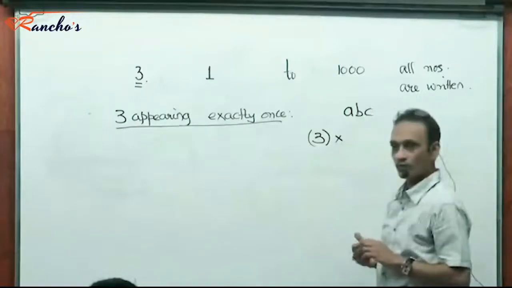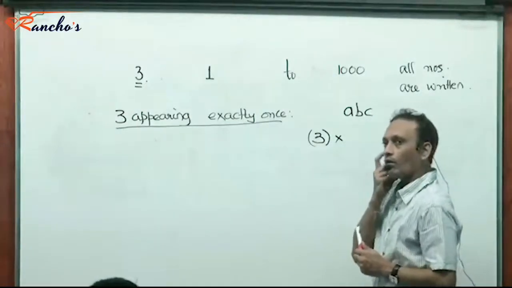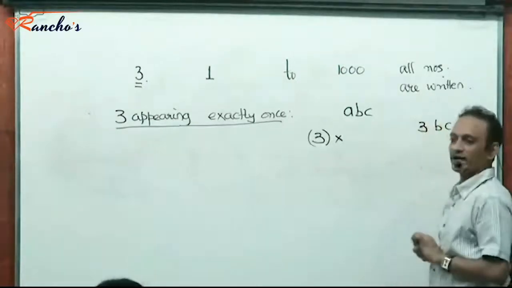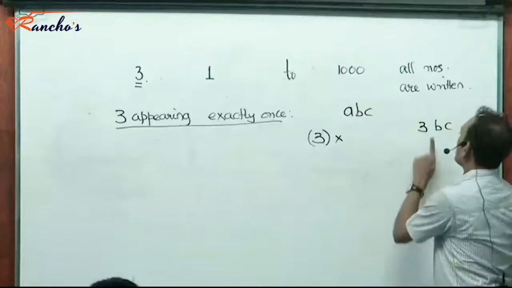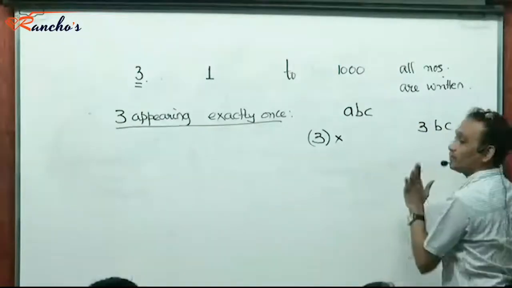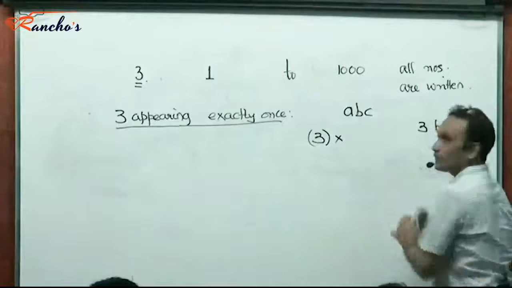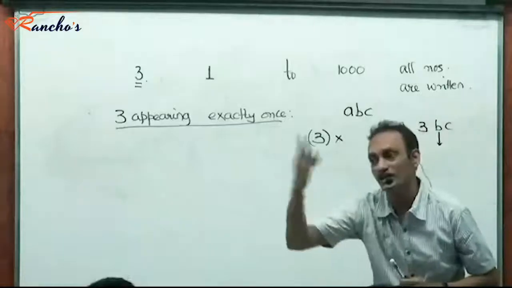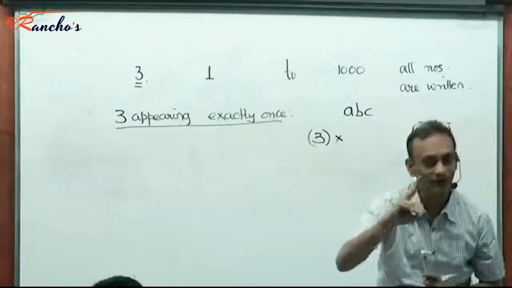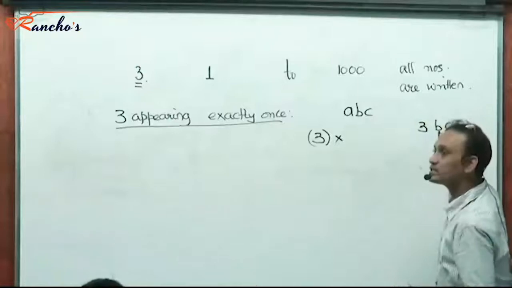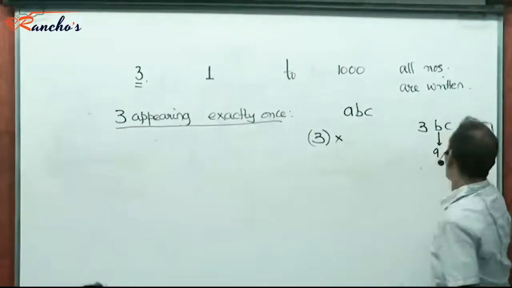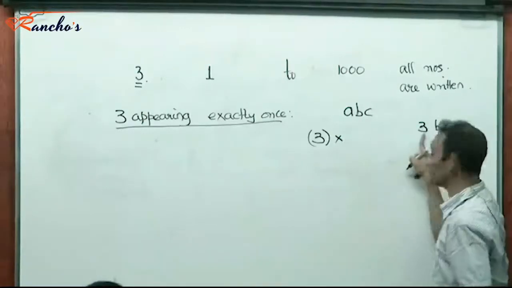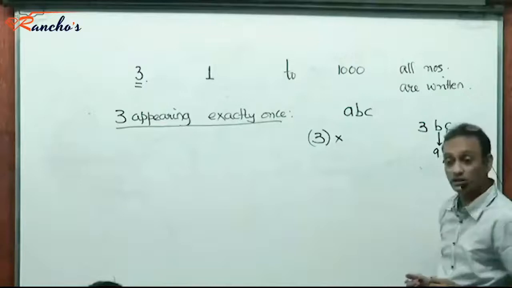Now, say for example 3 appeared at A, right? Now with 3 appearing at A, how many numbers? B could be anywhere from 0 to 9 except 3. Except 3, because 3 is appearing only once. So in how many ways can B be selected? 9 ways. Again at C, all numbers could appear except 3, because 3 is appearing exactly here, right? So 9 ways of selecting BC.